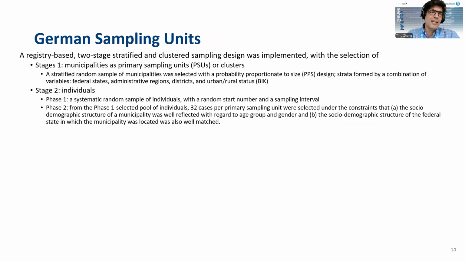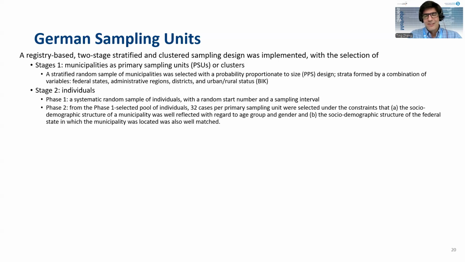Let's talk again about Germany. So they used, just to get specific on one particular case, a two-stage stratified design. And the primary sampling unit is municipality, so it's geography based. And they're selected probability proportional to size, which means that larger geographic areas with more people in them were more likely to be sampled in this phase. This actually makes each person have an equal probability of sampling when you use this type of design. However,